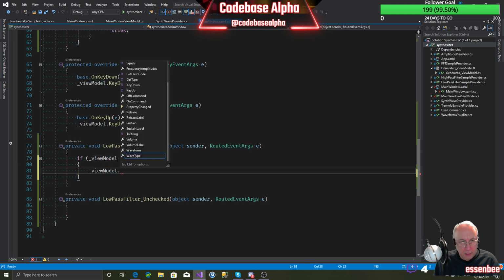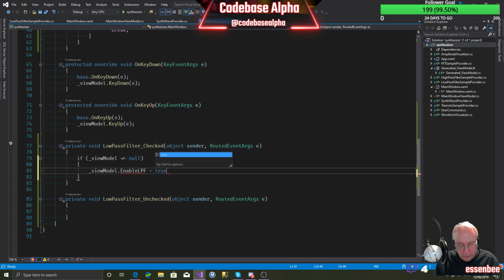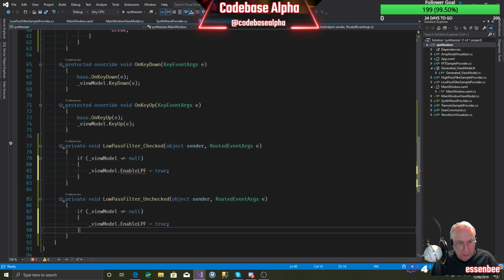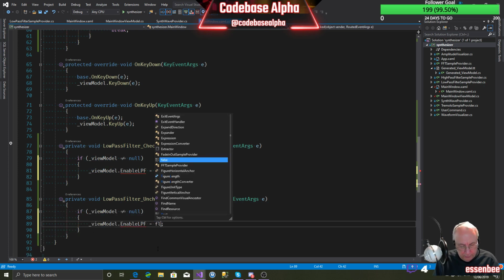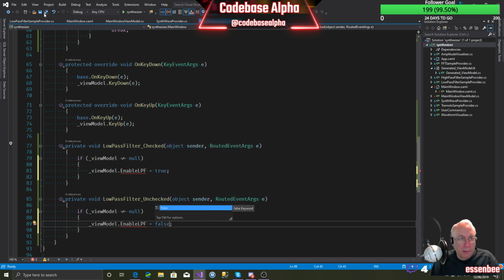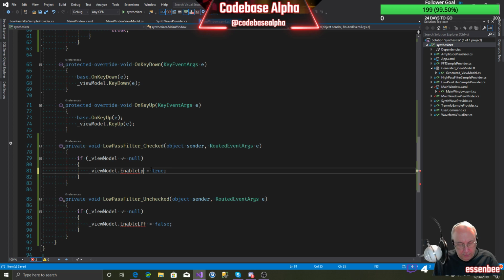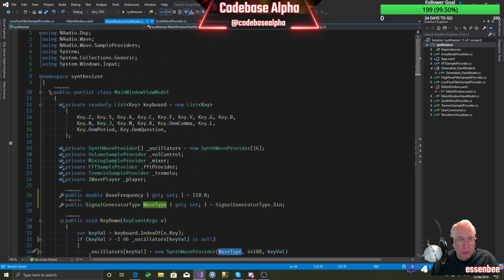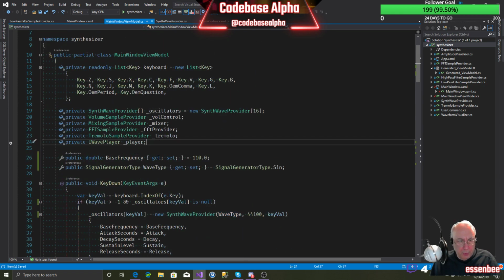We can say viewModel.EnableLowPassFilter equals true. We haven't got that variable yet, so that's why it's underlined. And here we'll have it false. Let's go and create, let's have a lowercase in there, low pass filter. Okay, over to our view model, and we want another property, which is going to be a